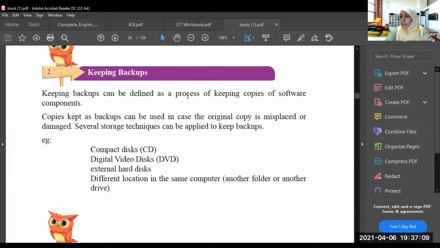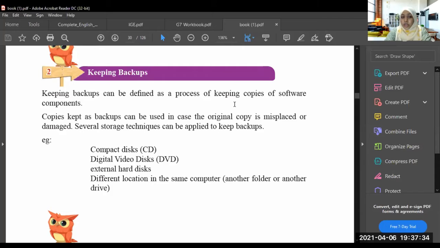So what is a backup? Keeping backups can be defined as a process of keeping copies of software components. So you have the original copy of the software components, or the original copy of your computer data and information, and it can be lost.